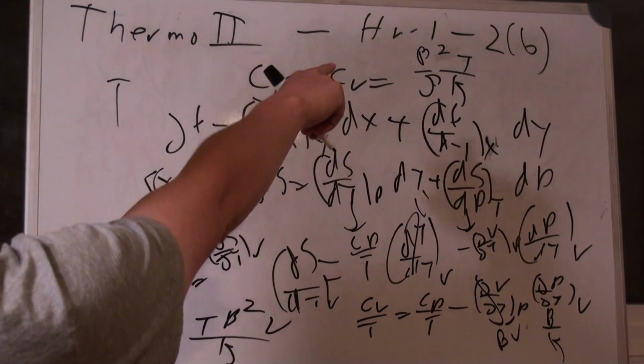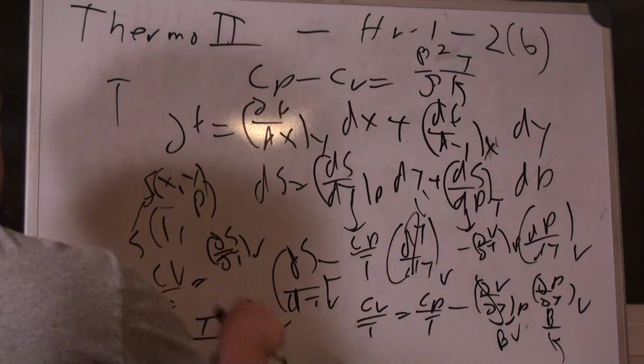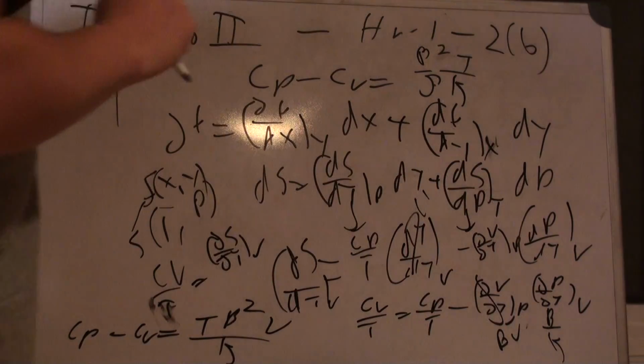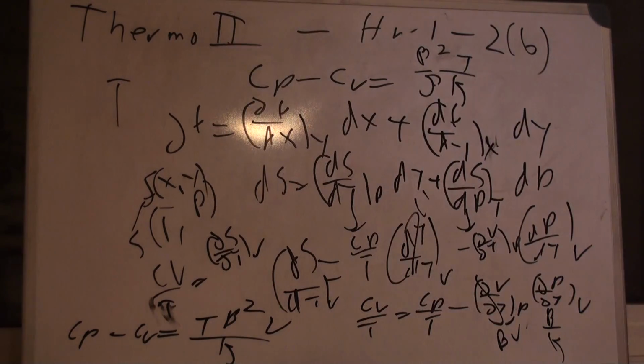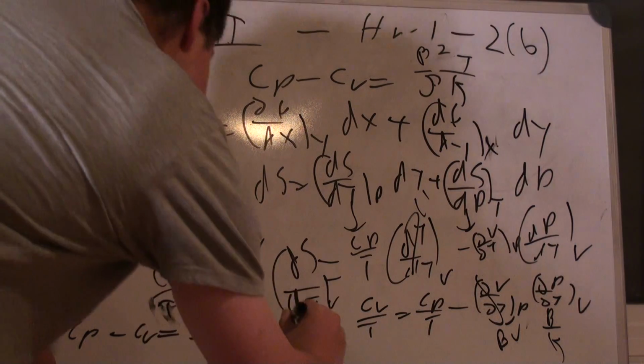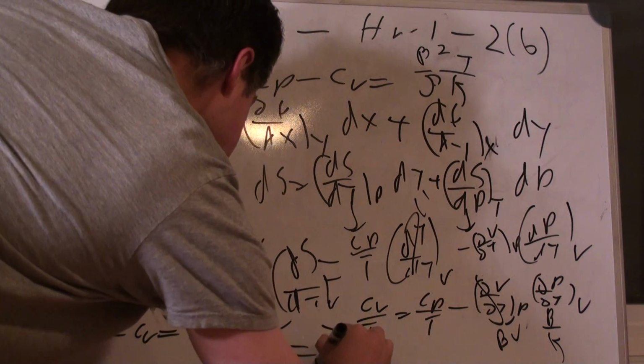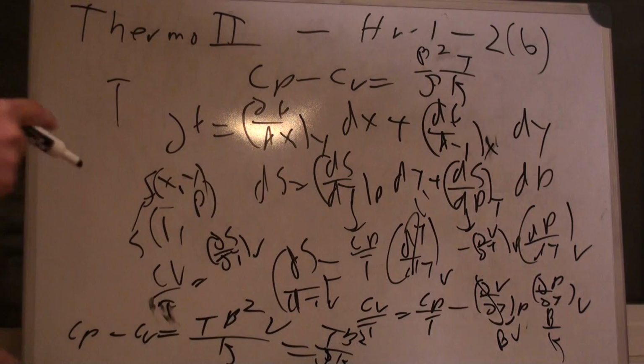That's not what I have up there, but is this a property? No, volume is not a property. Density is. So I have to change all my v's to densities. And now